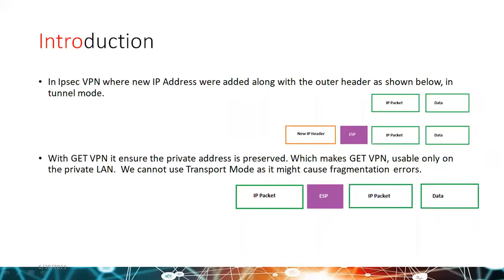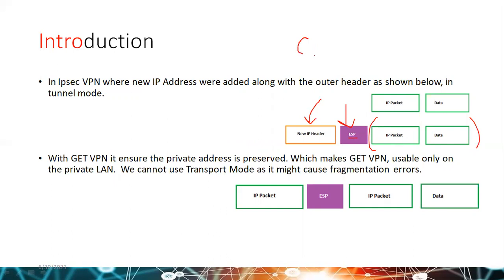A brief overview about what GET VPN is. Before we get into that, let's discuss what IPsec VPN is. An IPsec VPN is an industry accepted VPN solution where two parties want to communicate over the network, and we use ESP as an encryption header to encapsulate the interesting traffic. And in IPsec VPN, it adds a new IP header outside